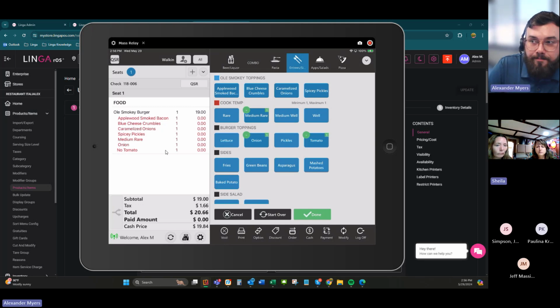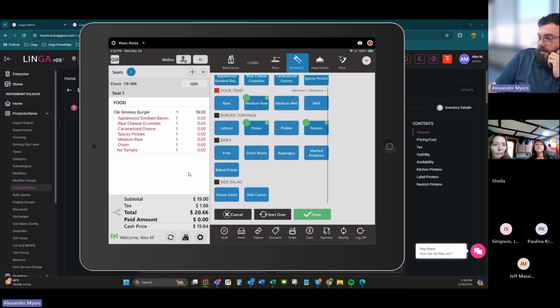Now, it might look like there's a lot going on here, but remember, these are not going to be printed to the kitchen. So the kitchen will only see Old Smoky Burger, medium rare, onion, no tomato. Got it. Now, if I wanted to do, let's say, a side Caesar, you'll notice that when I click that side Caesar,